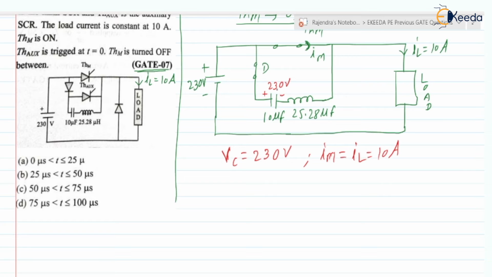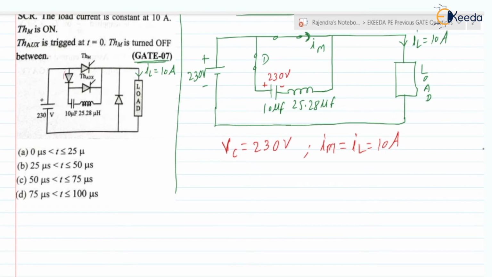After this, what will happen? Once the capacitor is charged to the voltage of 230 volt, the capacitor will try to discharge through the diode, but the diode will be in reverse bias mode, because the diode will feel the reverse voltage. So the diode will not allow the reverse current. So the capacitor will be charged to 230 volt, and it does not have a path for discharging. Therefore, the capacitor will hold the voltage of 230 volt.